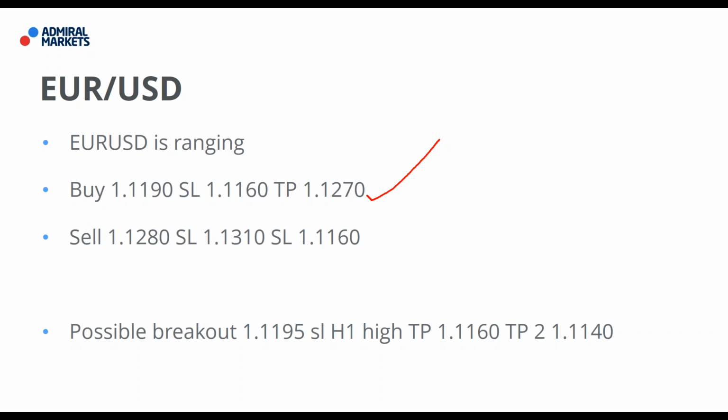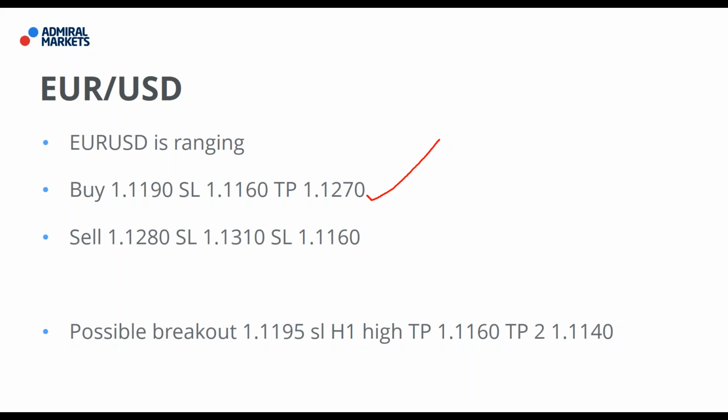But let's see if I still have it here. Euro dollar, it should have been posted. Yeah, but I don't see it here. No, we won't waste our time trying to find this, but actually I will show you my original